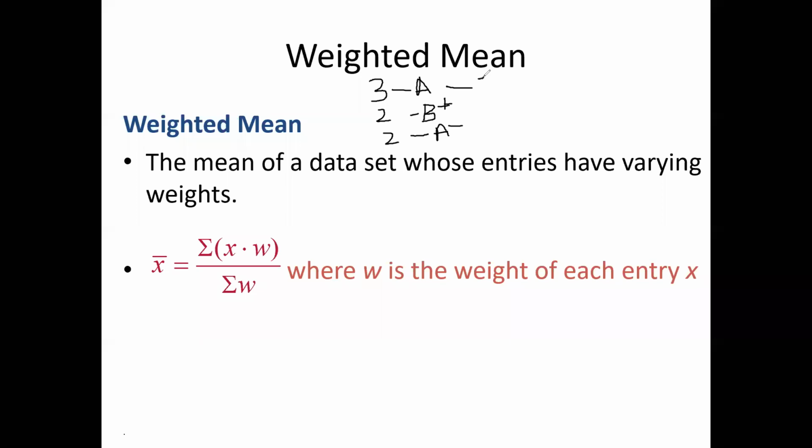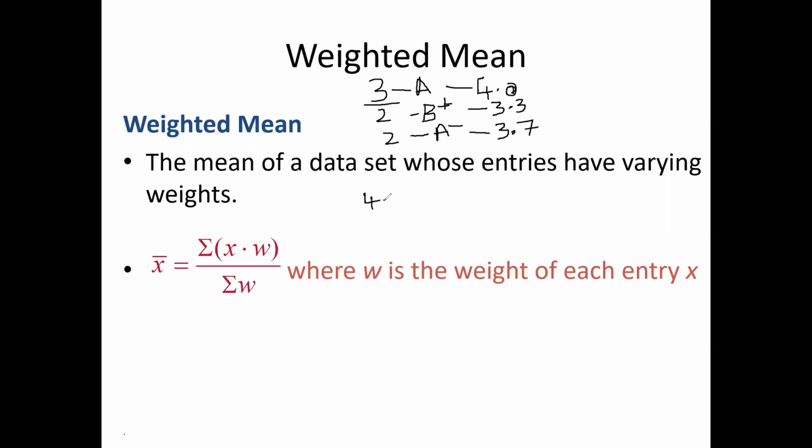Bhairavi, what is the GP for A? 4. Right. B plus? 3.7. Oh, 3.3. I thought I was wrong. Then this is 3.7. So now when you calculate it for the first course, I mean for the first one, it is